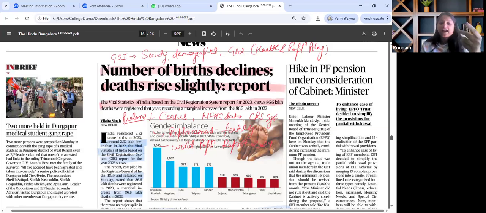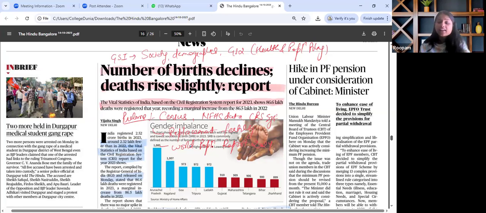The article talks about a declining birth rate and a mild rise in the death rate, signaling a demographic transition towards replacement level. And replacement level is 2.1. So we need to know which states have achieved it and which are yet to achieve it, what the crude birth rate and total fertility rate are, the recent NFHS-5 data, and CRS coverage. All these angles can be interlinked while going through this particular article.